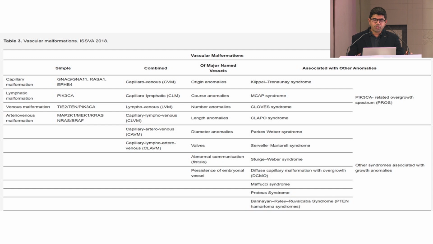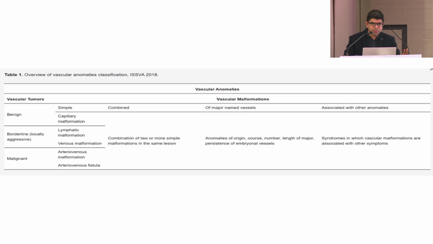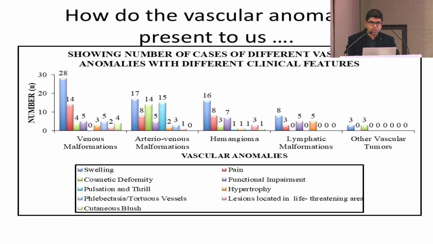So how does the patient present to us? Usually these are the common symptoms. Most commonly it is children, a young child or infant, who comes with a swelling, which is either a cosmetically bad swelling, or some bluish discoloration or capillary malformation. Or the patient may come at a later age, in the middle age, like 17, 18, 20 years, or 25-year adolescent or adult age, or sometimes even later. So the patient comes with swelling.